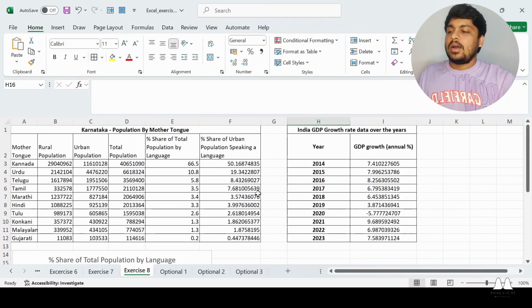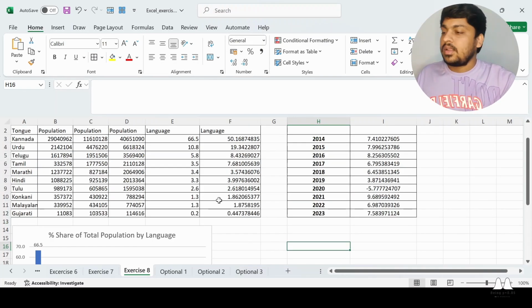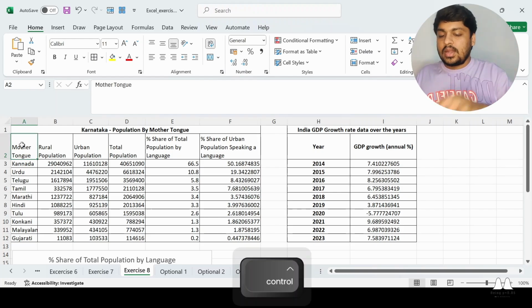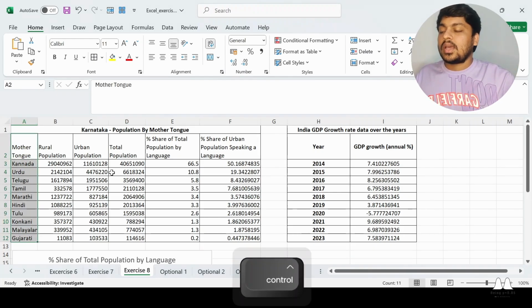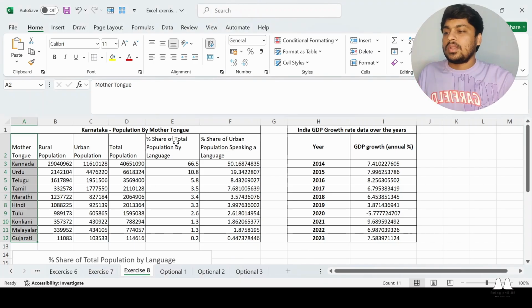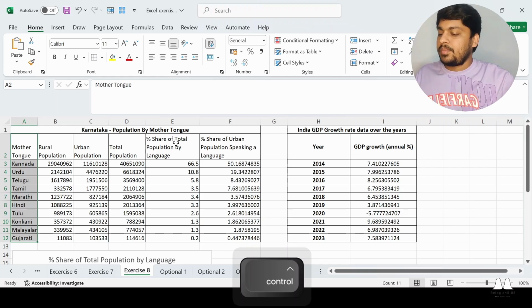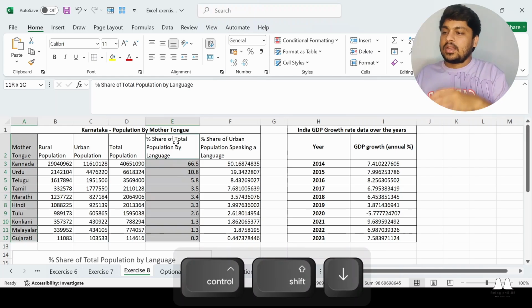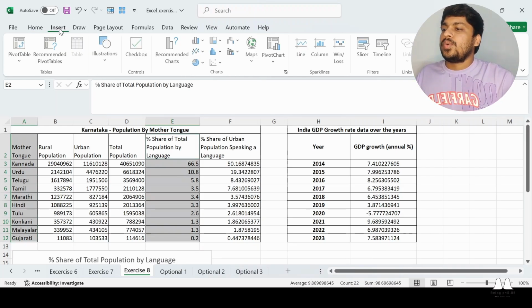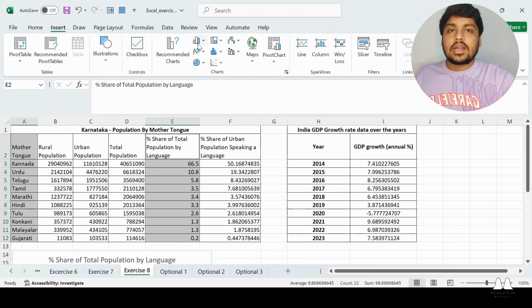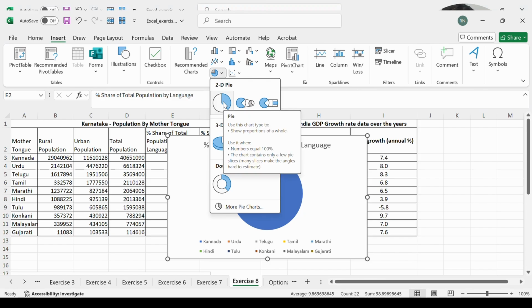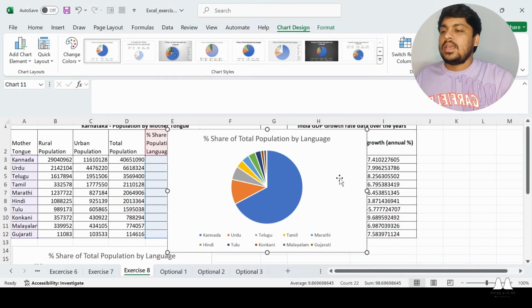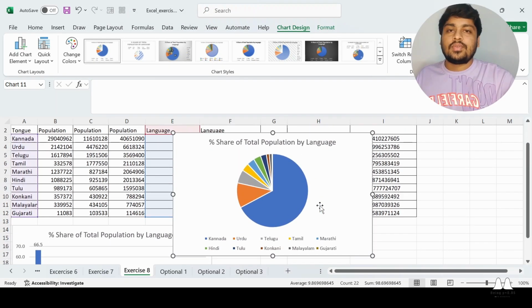So let's say I've created a bar chart. Let's say I wanted to create a pie chart instead. So I'll again do the same thing. I'll select this, then I'll press control, then click on this, and then again control shift down, and I'll go to insert. Instead of a bar chart this time, I'll pick pie over here and select this first one. Okay, so now you will see it has created a pie chart for me, but